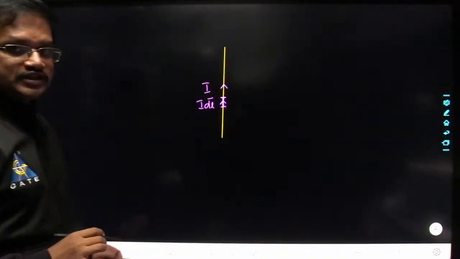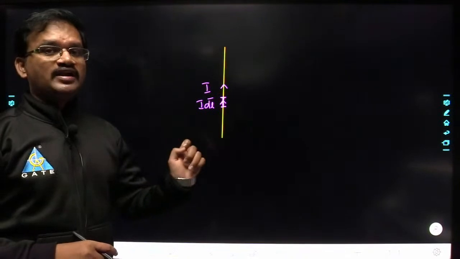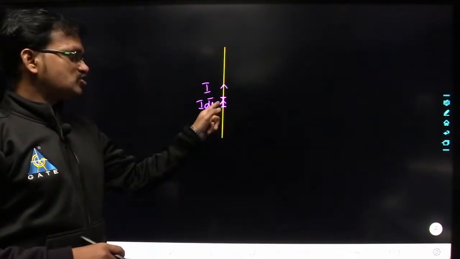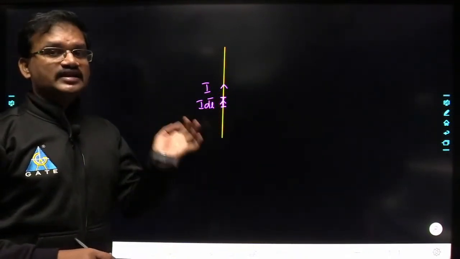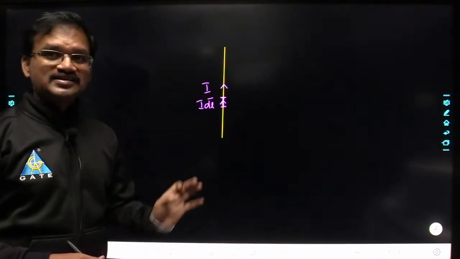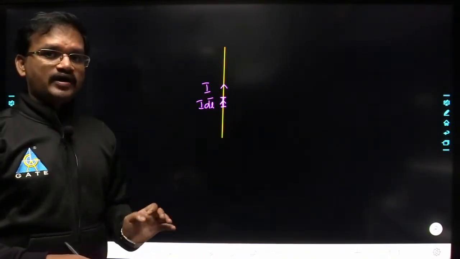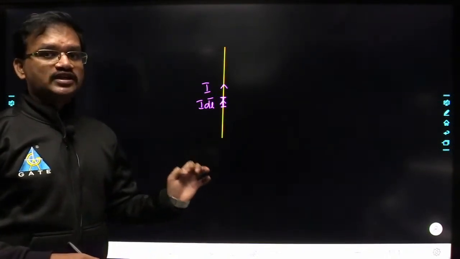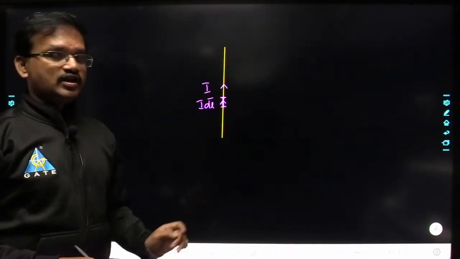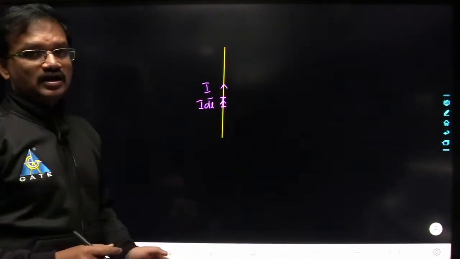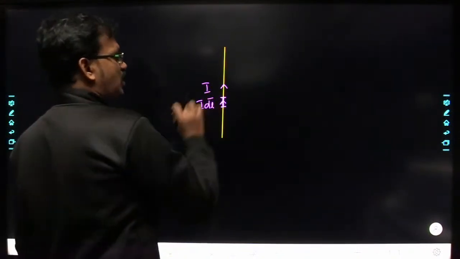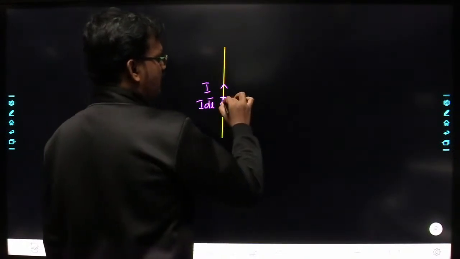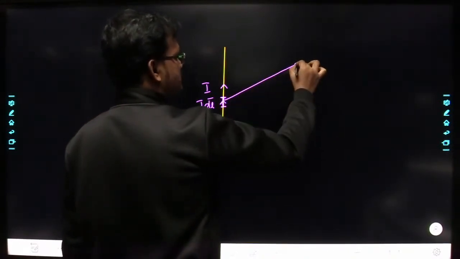Now, if you want to determine the small differential B field produced by a small differential current element, that is given by what? That is given by Biot-Savart's law. So what does Biot-Savart's law say here? Biot-Savart's law gives you how to determine the B field due to a small differential current element. So if you have a small differential current element here, and if you want to determine the B field at this location here,